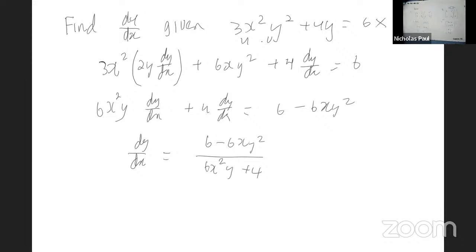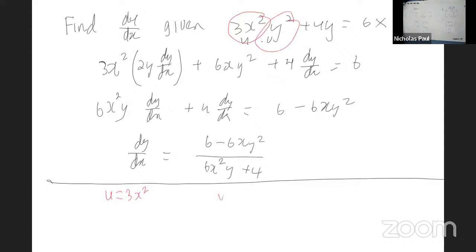Chain rule part confusing. Okay, I'm going to just do it over, right? I do know about the chain rule part. So this is your U. So U is 3x squared, and this part here is your V. V is y squared. So the differential of U is 6x, and the differential of V is